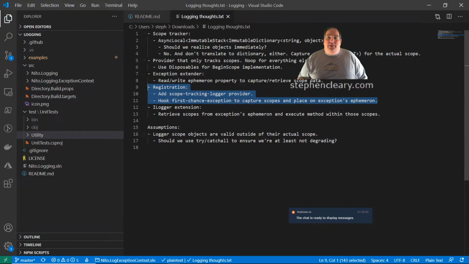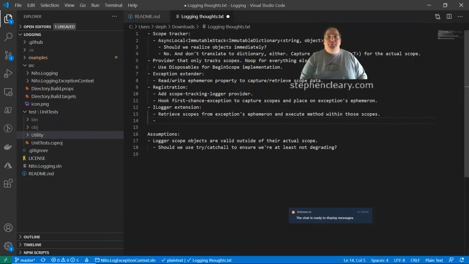And then finally, I have this on here as an ILogger extension, but I don't think that was my original idea. I don't think I'm going to do it as an ILogger extension now. I'm actually going to do this as a logger provider wrapper. So the idea behind the logger provider wrapper is I want to make it implicit. What I want to avoid